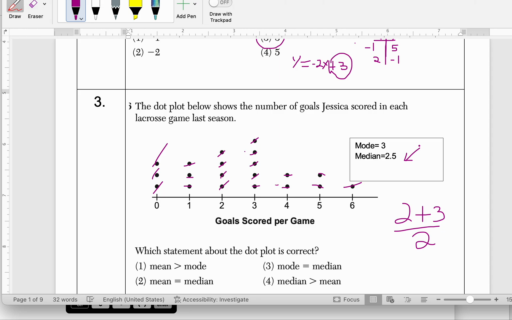Okay. So that's our median. Our mode is 3, and let's see our mean. So our mean,